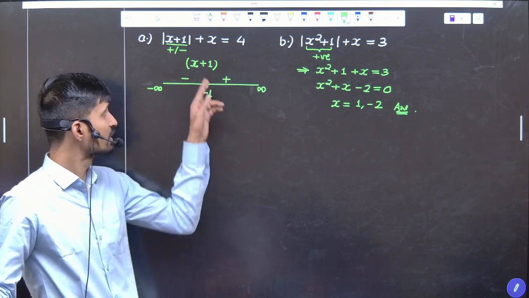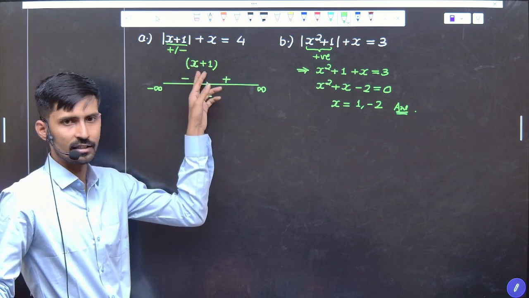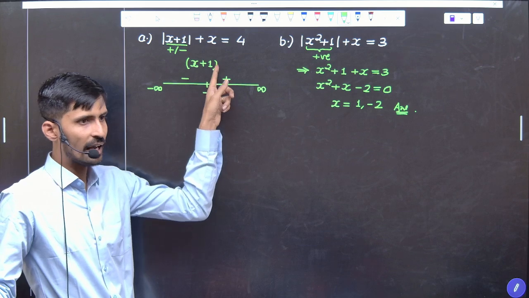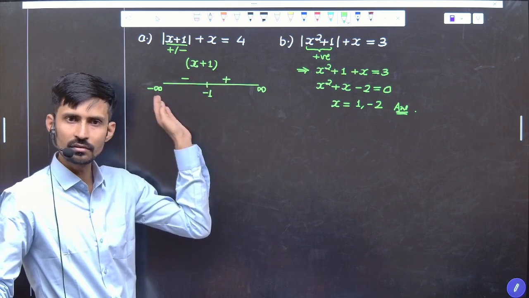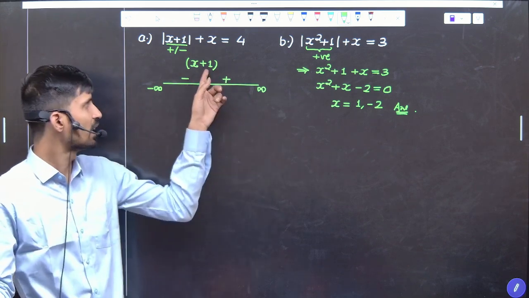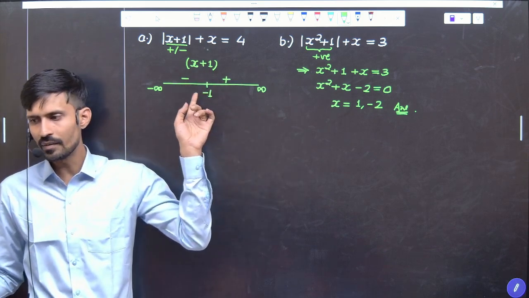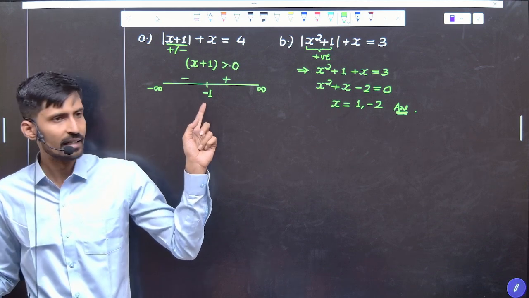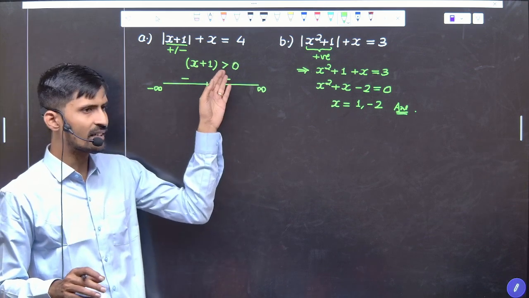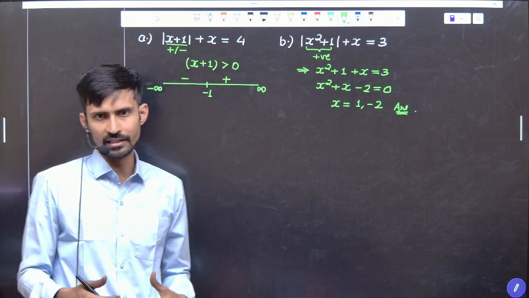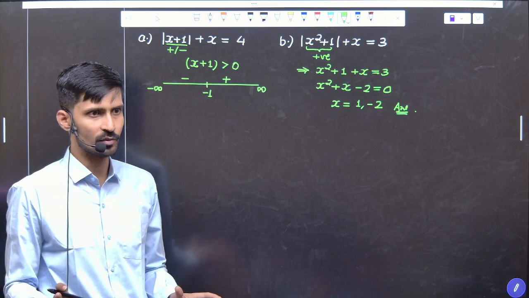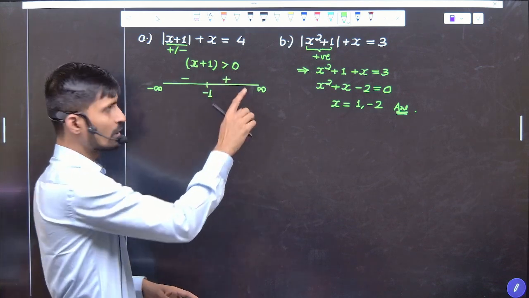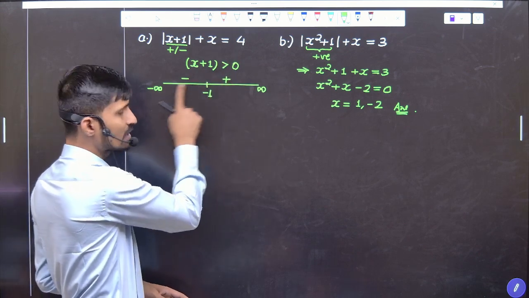So this is the only one step you have learned in this: whatever is inside the mod, write it down outside and find its sign on the number line. If you are having trouble, write whatever is inside here and write greater than 0. When you write this, maybe your confidence will increase. But always remember, you don't have to do anything with the greater than 0. Once you find the sign,